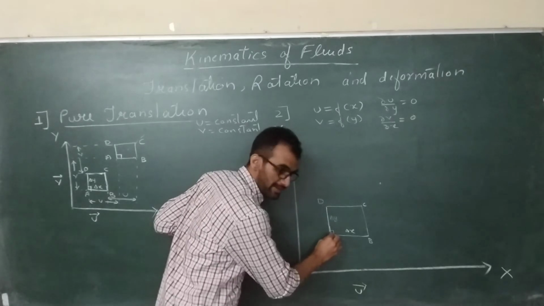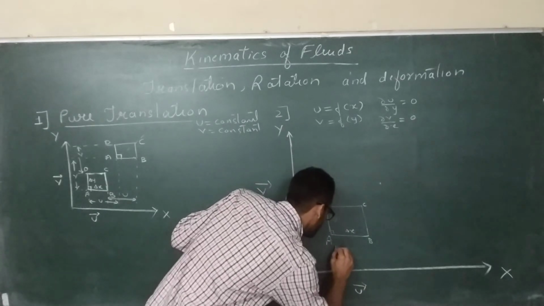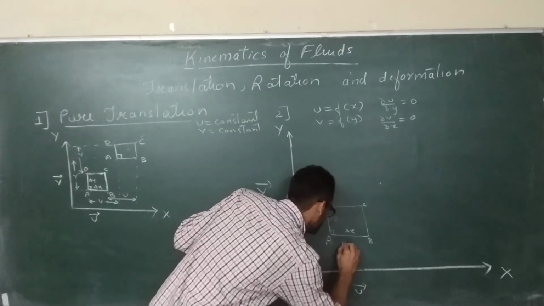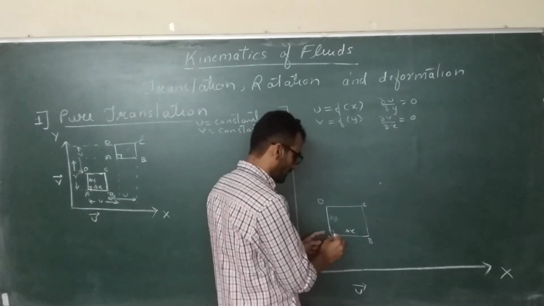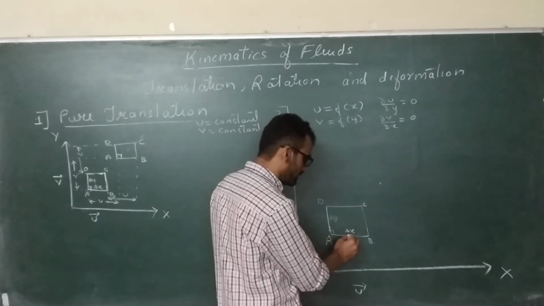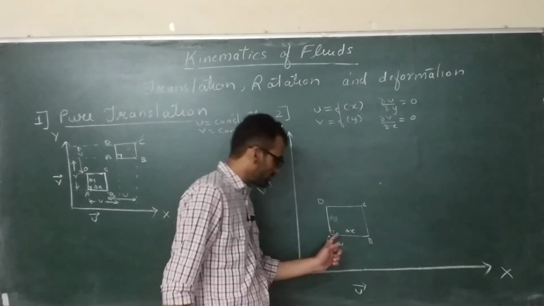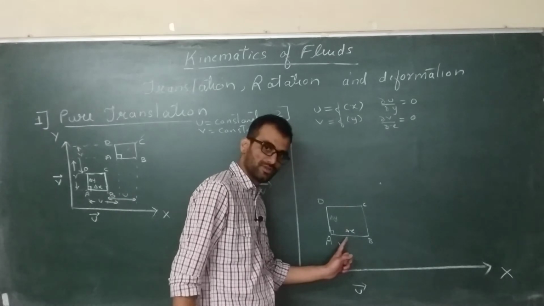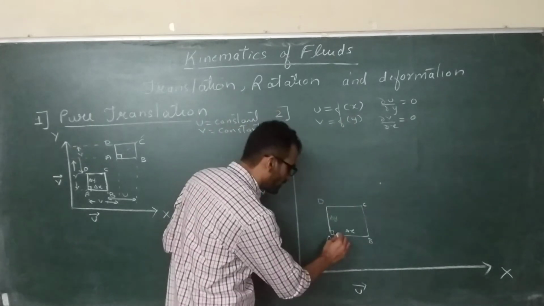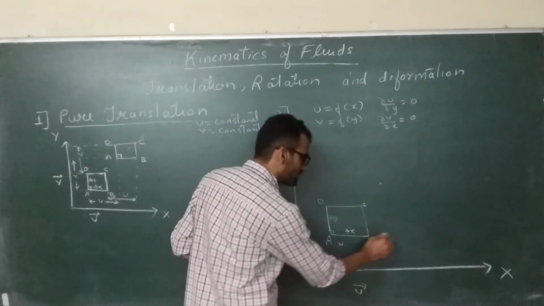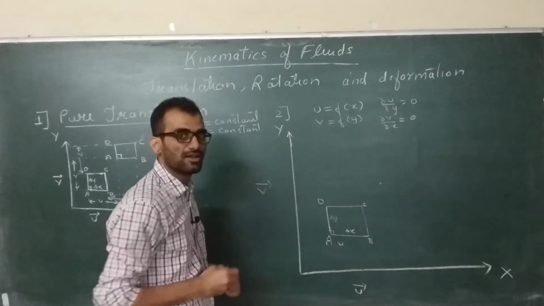The point A has horizontal velocity, let us say it is u. Now different points on this segment AB will have same u or different u. The horizontal velocity component u will be same or different. Of course it will be different since u is a function of x. So if the x coordinate is changing, the u velocities are changing. So on this line AB, different points will have different velocities along the x direction.